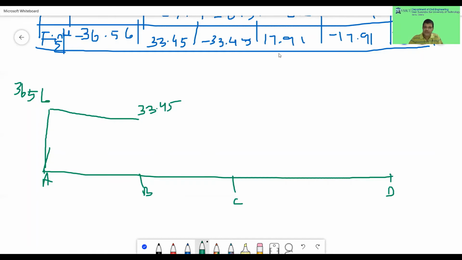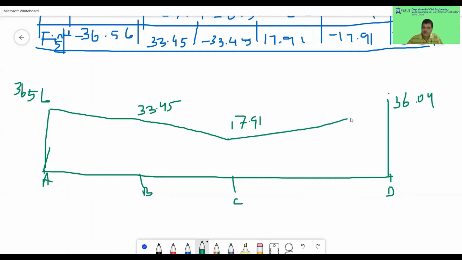Now come to C, it is 17.91. So you come here 17.9. So this is 17.91. Now can come to here. What is the value at D? At value D 36.04. It is clockwise means again it will be negative. So anti-clockwise negative means it will be negative here. So you draw the value here 36.04. So you write the value 30. Now draw this line. Now all these values are the end moments, that are the negative values.